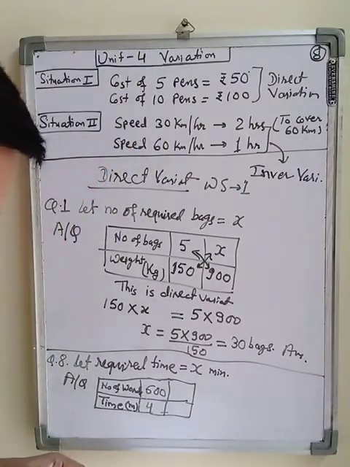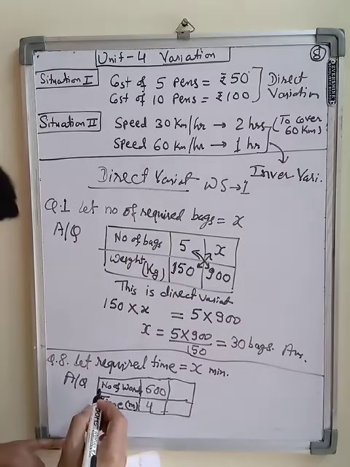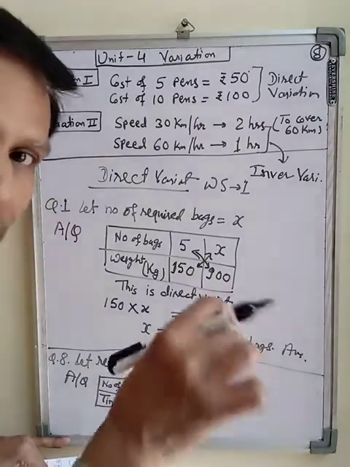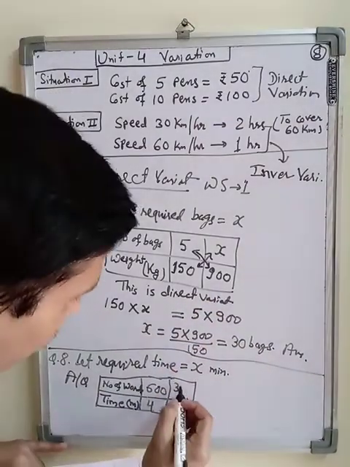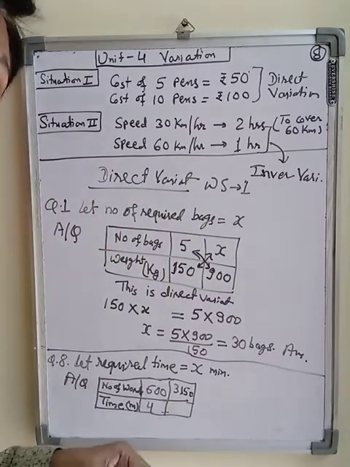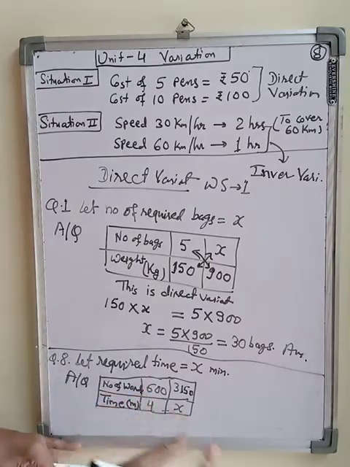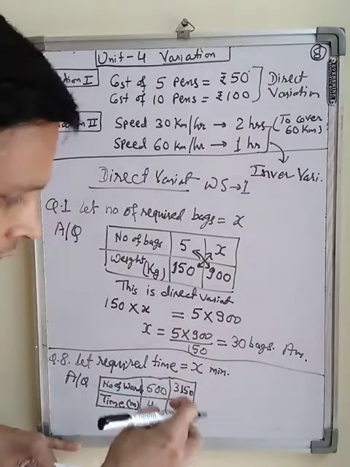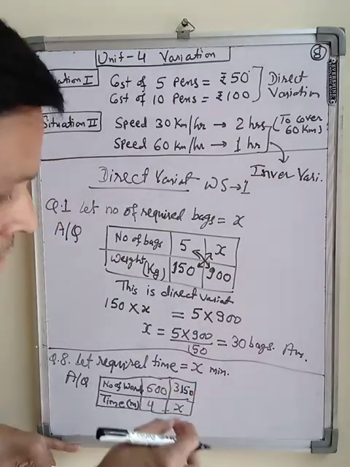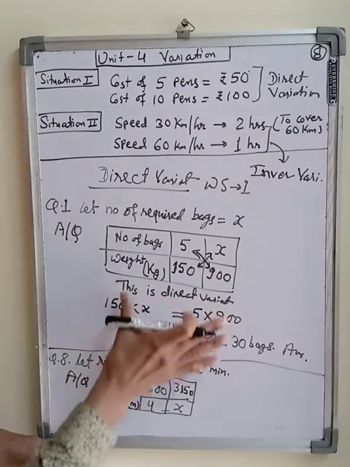And what time will she take to type 3150 words? The number of words is given, so in the number of words column we write 3150. And what is the time? In the time column we write x. So first these two columns are filled from the question, the given information goes in those boxes, and what is not given, what is asked, we write as x. And again we will solve by the same procedure.